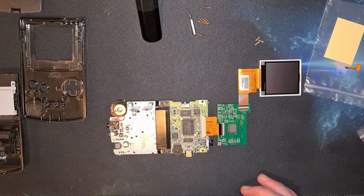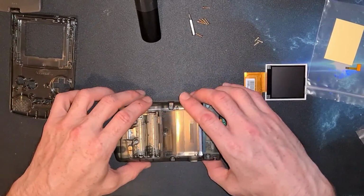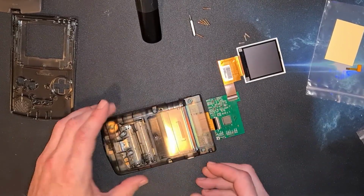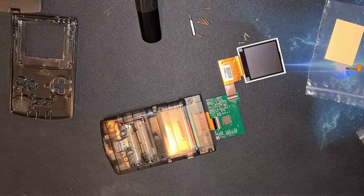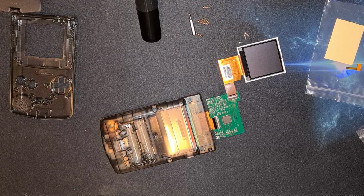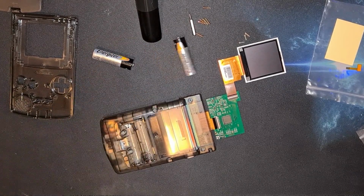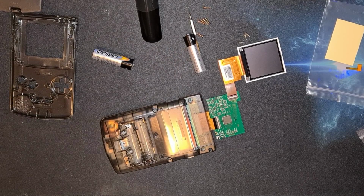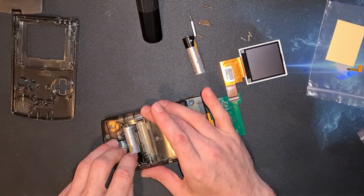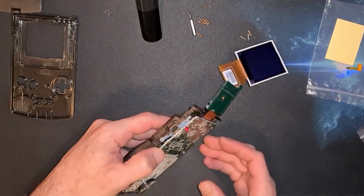Lovely. Right, so just drop this into the Game Boy for a second. Just enough to get two batteries in there. Sorry, Mr. Neo Geo, we're going to have to borrow some batteries. We can return them later on. But at the moment, just want to make sure that this